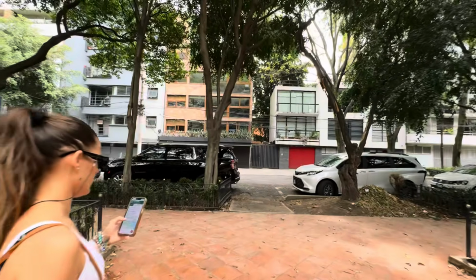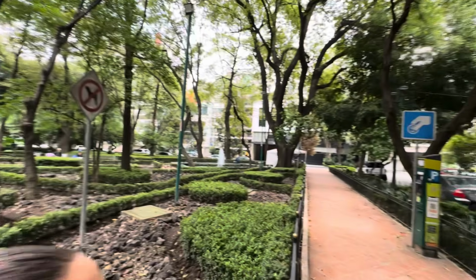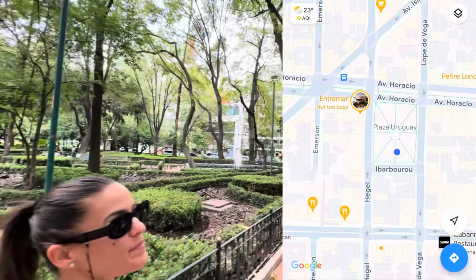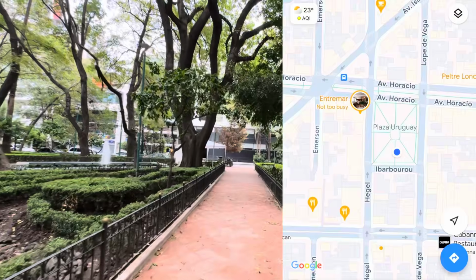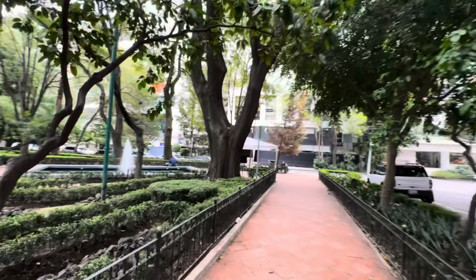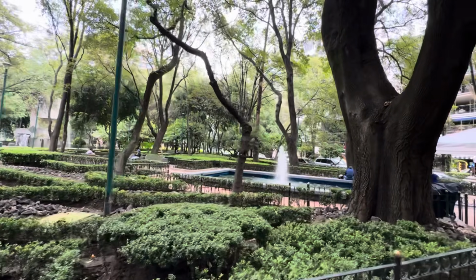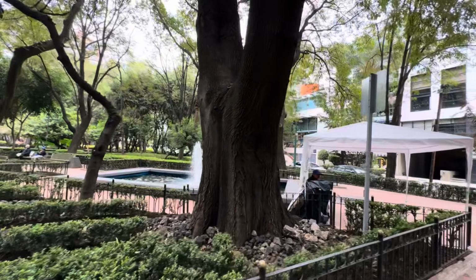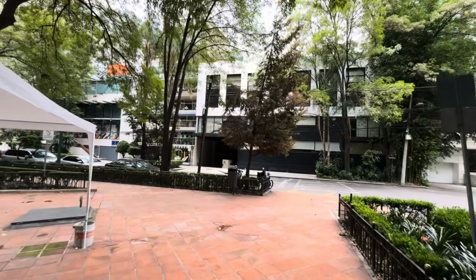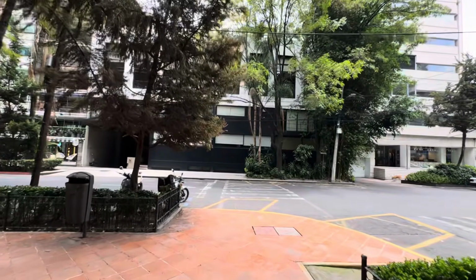All right, guys, so as mentioned, we are starting this video in Plaza Uruguay. I'll throw up a screenshot on the screen right there so you can see whereabouts we are starting here in Polanco. This is a beautiful place. Even if you don't live in the neighborhood, take an Uber over here, have a picnic. It's a clean, safe, and peaceful park with a lot of trees. We're gonna walk down to Avenida Masaryk